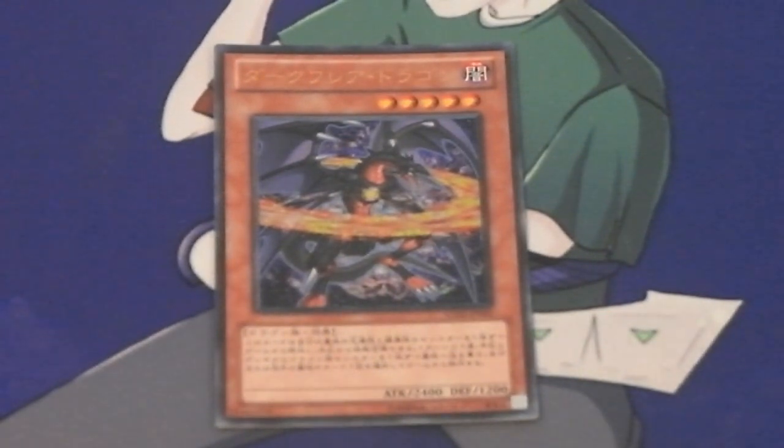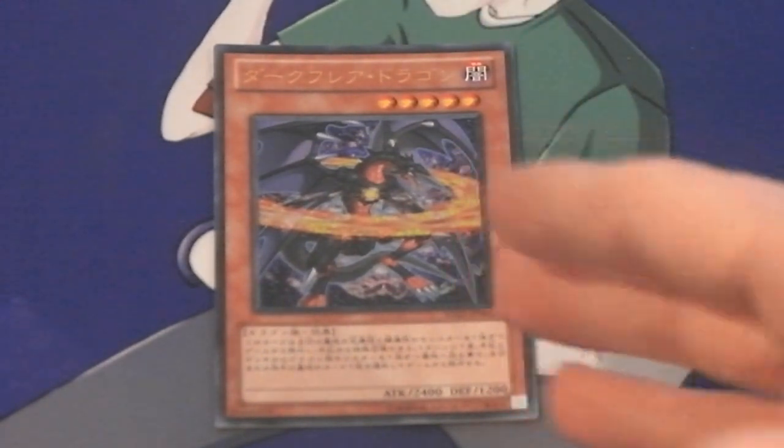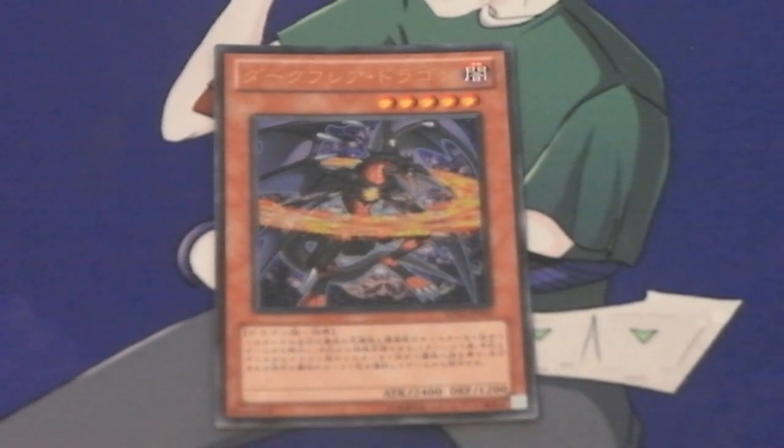This is a really nice card as well. It has nice artwork, I think, just like Light Pulsar. I like how he has that ring of fire around him, and they look like they're absorbing energy or whatever in their chest. Really neat. Let's see, it is a level 5 Dark Dragon effect monster, of course, with 2,400 attack, 1,200 defense,